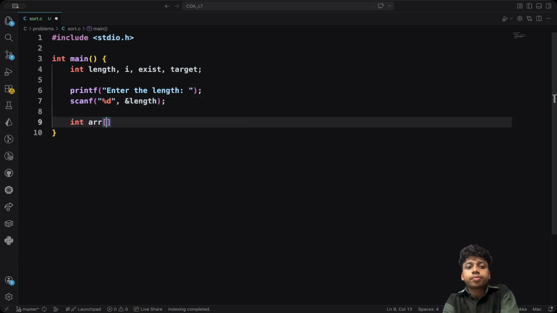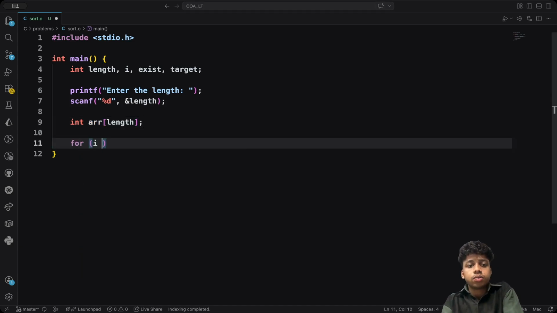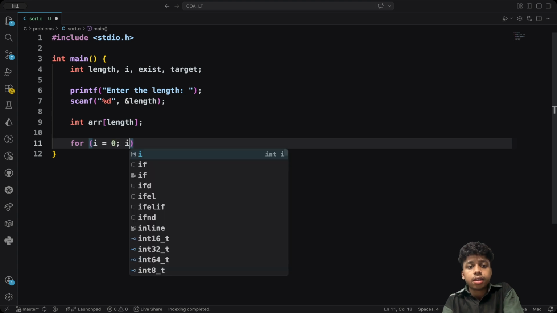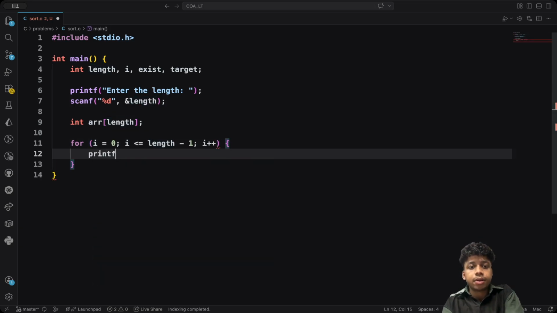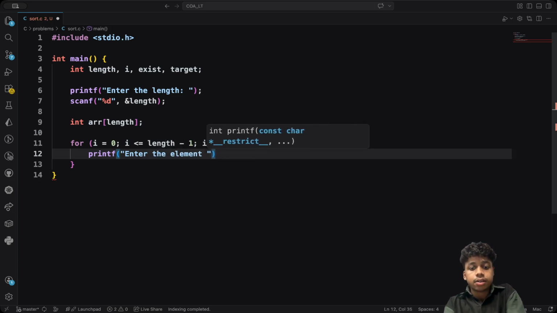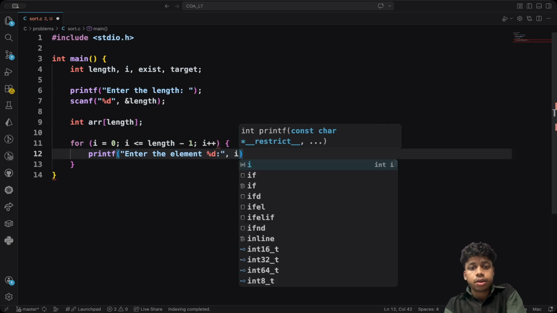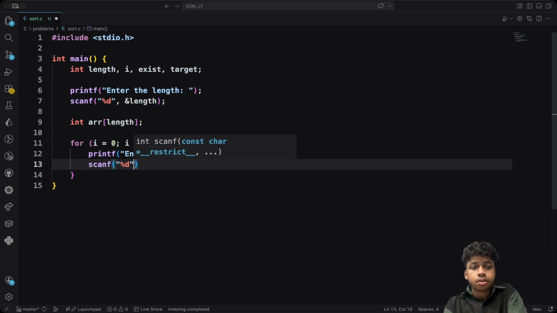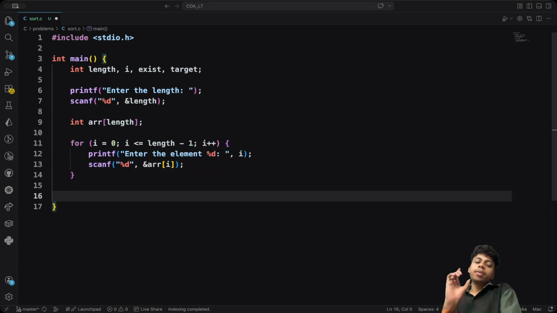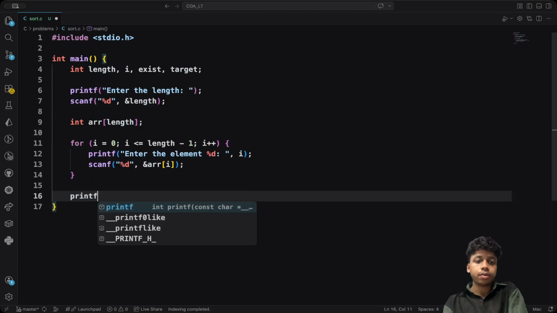we will declare the array of the length that we took as input from the user, and then we will have the user enter the values, as i less than or equal to length minus 1, i plus plus. I say printf enter the element of which index, that is percentage d, i. Okay, get the address of that index. We have input the values for the array, now we want the target, enter the target,